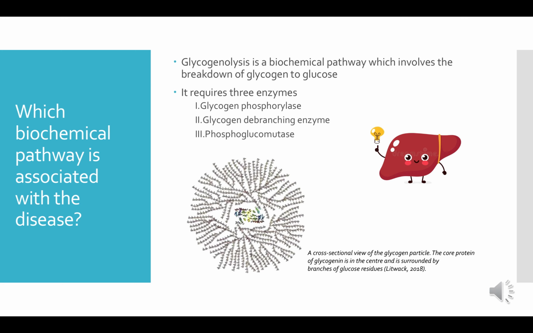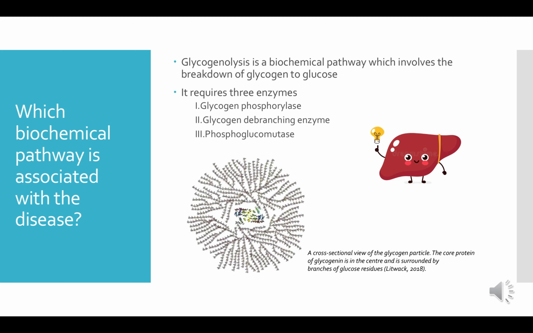Glycogenolysis is a biochemical pathway which involves the breakdown of glycogen to glucose. Glycogen is stored energy in the form of a long chain of glucose, and glycogenolysis takes place in the muscle and liver cells, where more energy needs to be produced. Therefore, glycogenolysis occurs when ATP levels are low and there is low glucose in the blood. It sort of acts as a way of freeing up glucose and occurs when more energy is needed in the